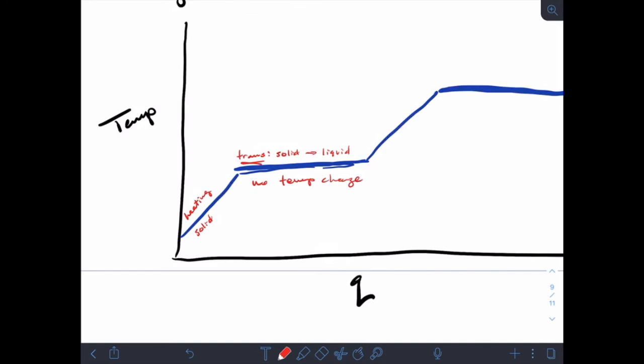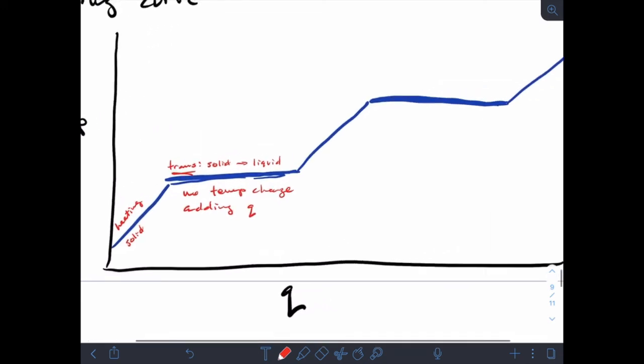Right? All we're doing is transforming the solid into the liquid, but we are adding heat. Okay, we're adding heat to this situation, adding energy, but the temperature is not changing. Okay? Now at our next stage,